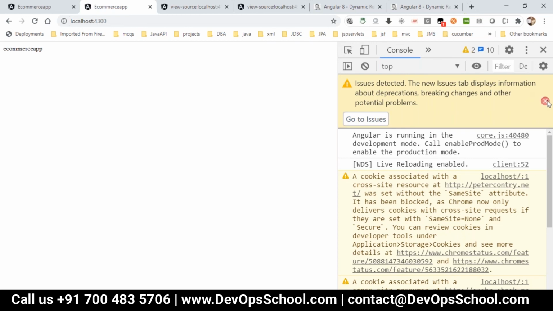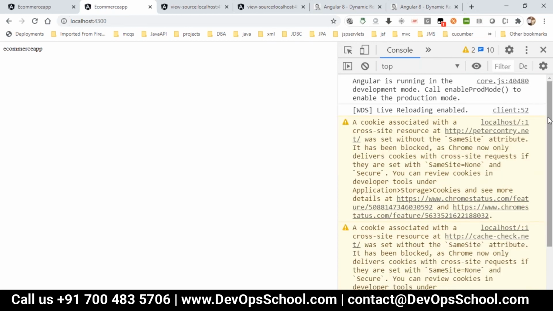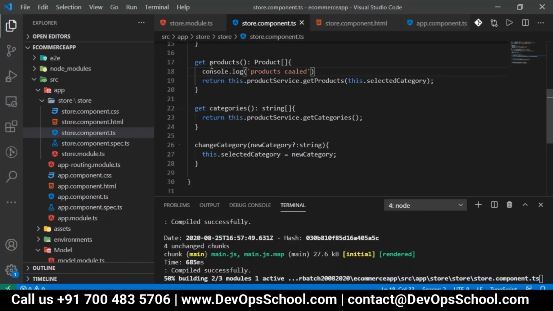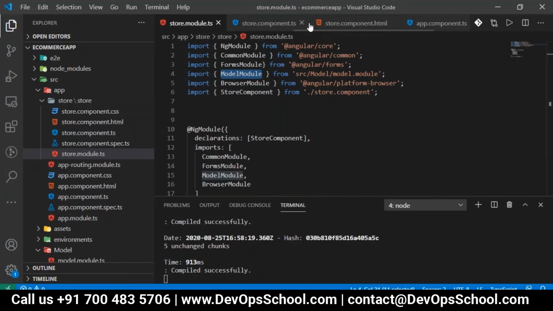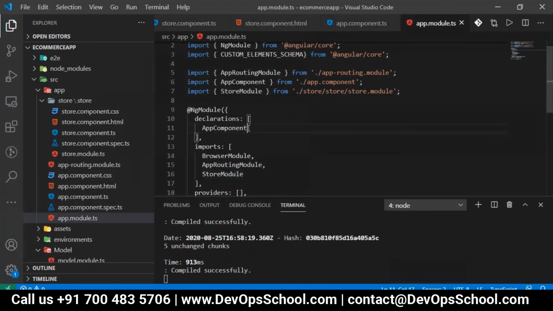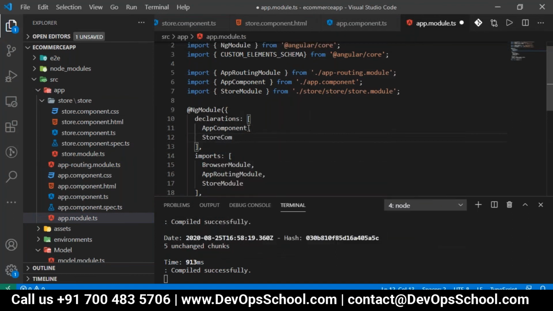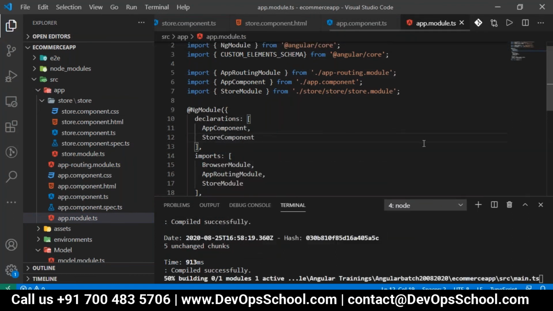Okay, that component is not yet called. Just to check the error, I'm using your store component.